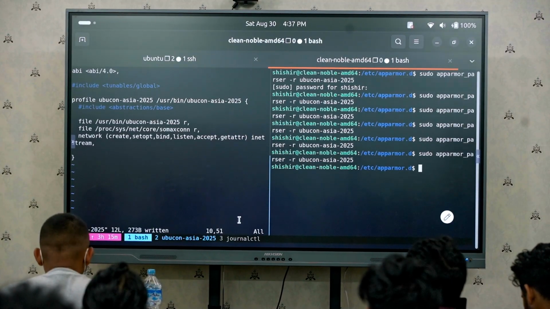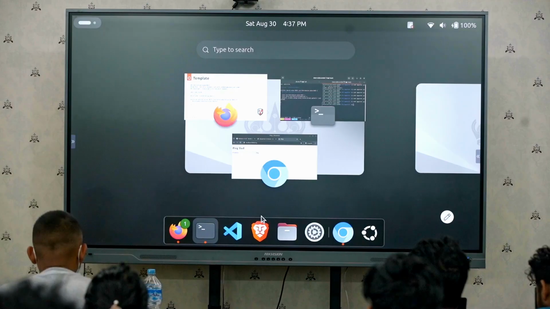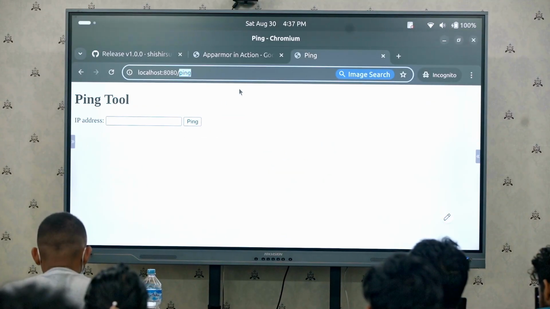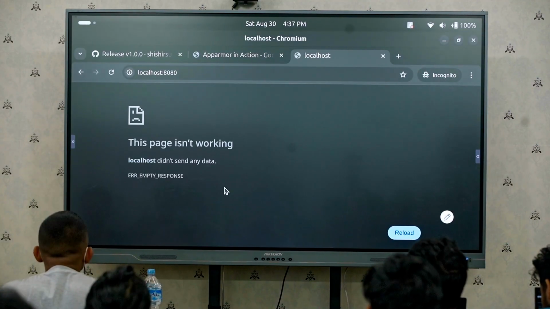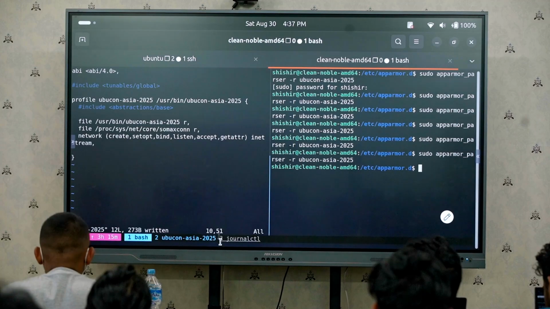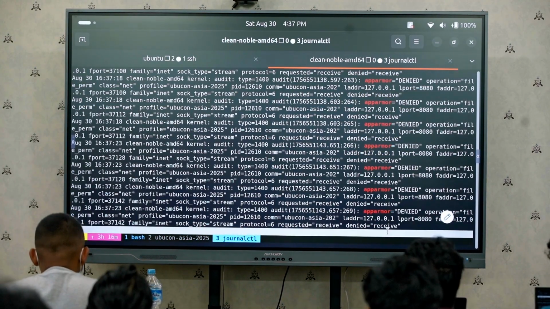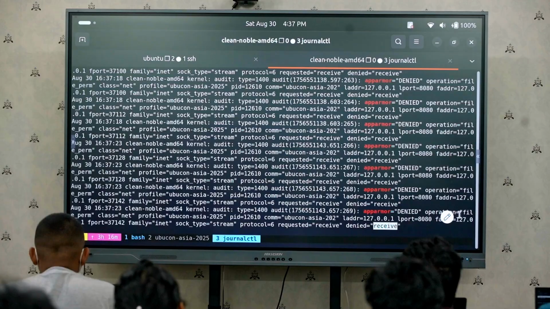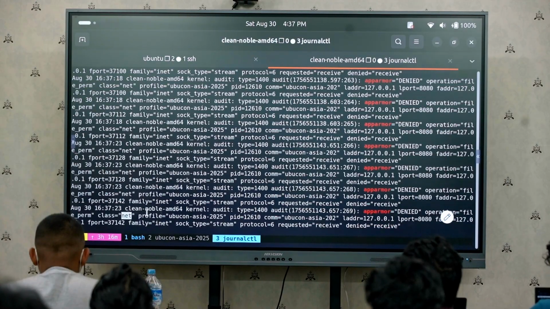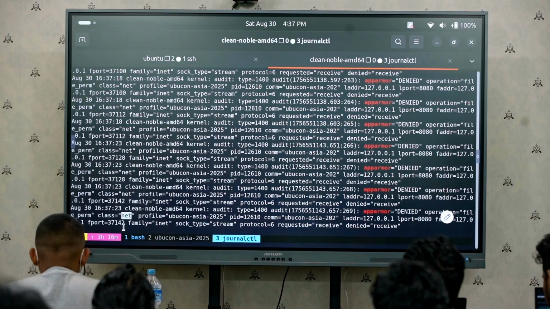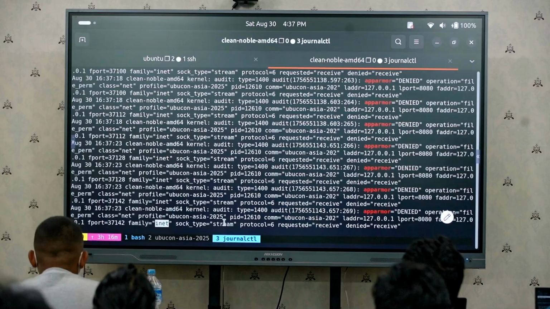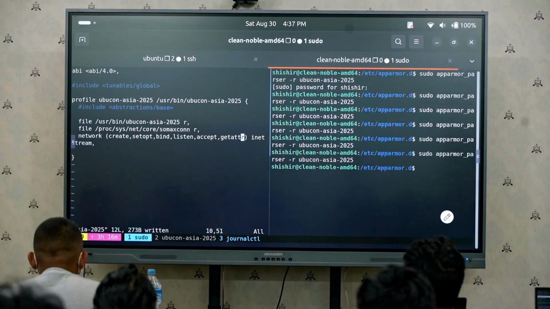Now what I will do is I'll try to load that from the UI. Still not working. There are some things that are still missing. Let's see what they are. If we see here, there is a receive that has been denied. So the class is still network, the family is still inet, and the sock type is still stream. So it means that I will